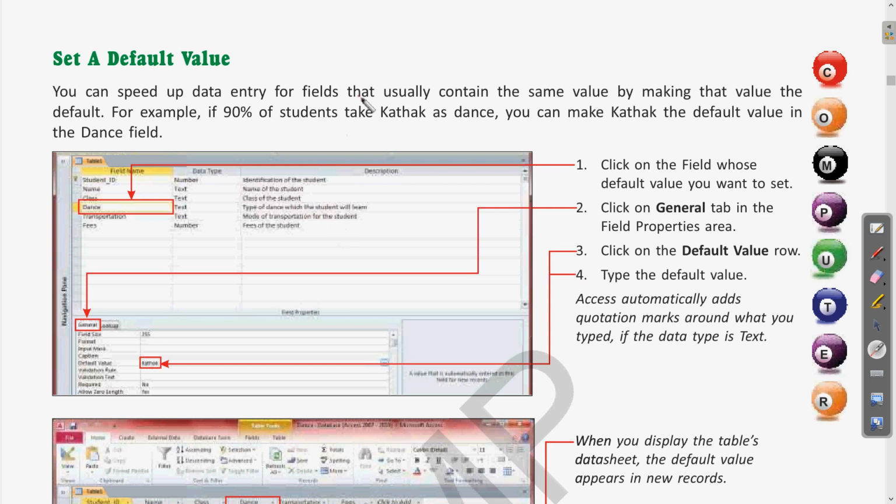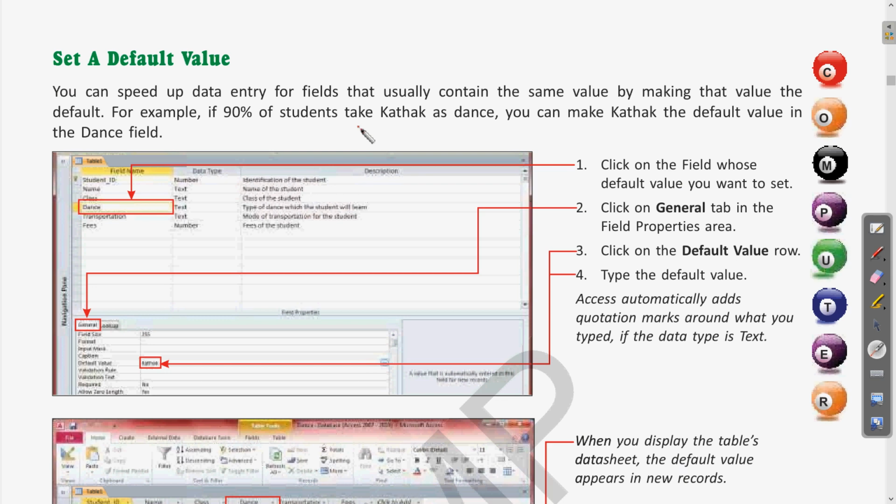Suppose the dance form with the maximum students is Kathak. Every time you need to write Kathak, it will take time. So to get rid of this, you can make Kathak the default, and every time Kathak will be there, and you will not need to re-enter the dance form again and again.